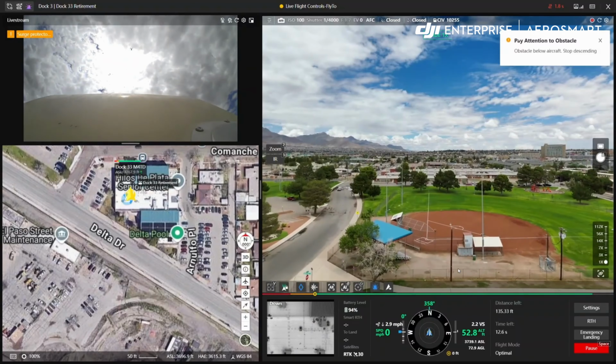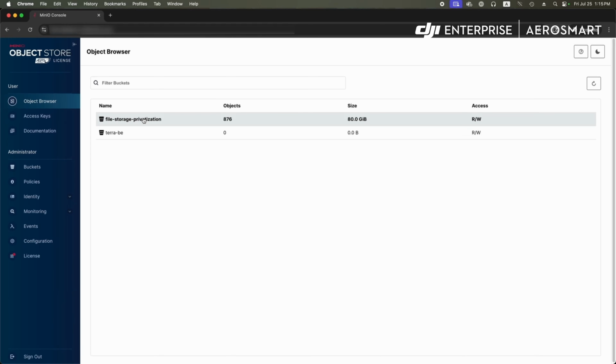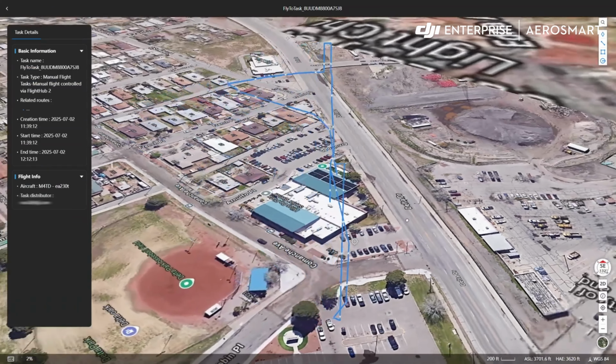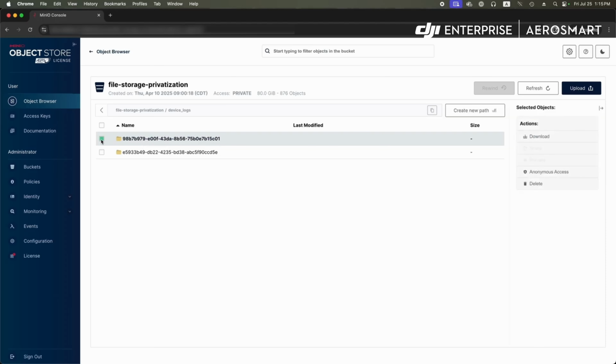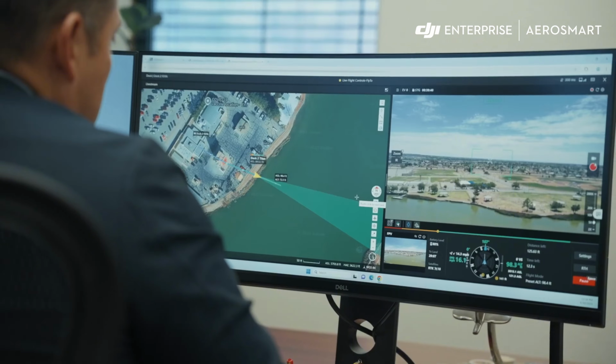After deployment, all operational data, including media, flight logs, device firmware files, and live streams, is securely stored in MinIO object storage, fully controlled by the city. Unlike the public version of FlightHub 2, the on-prem solution uses its own offline streaming service and storage with performance limited only by server capacity. This makes it ideal for large-scale programs like El Paso's 20-plus dock infrastructure, while preserving advanced features like local mapping